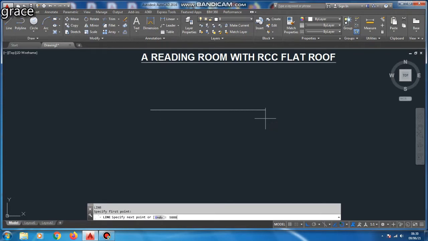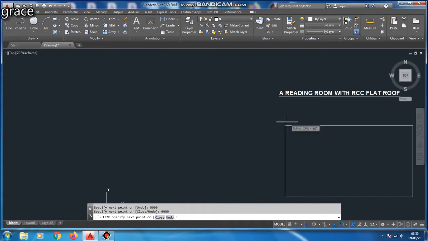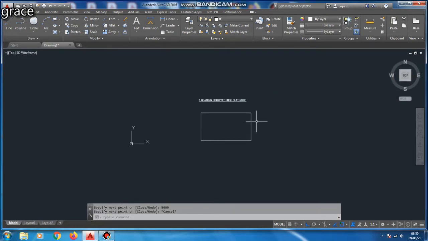The length is 9000 and the breadth is 5000 mm. By using the same line command, I am going to complete our rectangular room diagram. So we are completing our rectangular room diagram by using the line command.